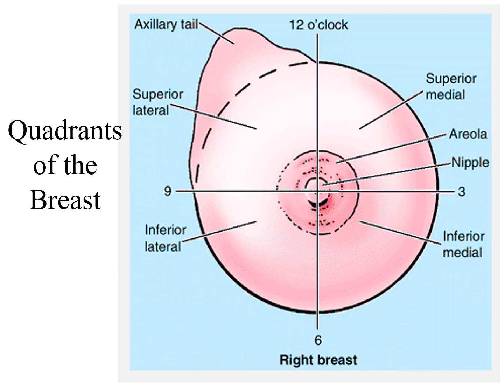So when we talk about the lymphatic drainage of the breast, which is very important, the carcinoma of the breast occurs due to lymphatic spread. So this is the diagram of the right breast. What we see is that we divide the breast into four quadrants. We draw a line from the 12 o'clock position to 6 o'clock, and 3 o'clock position to 9 o'clock. That means vertical and transverse imaginary lines.